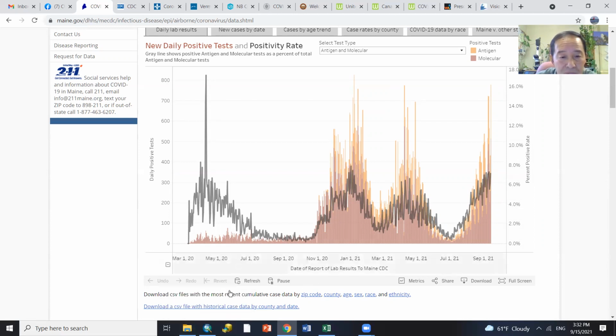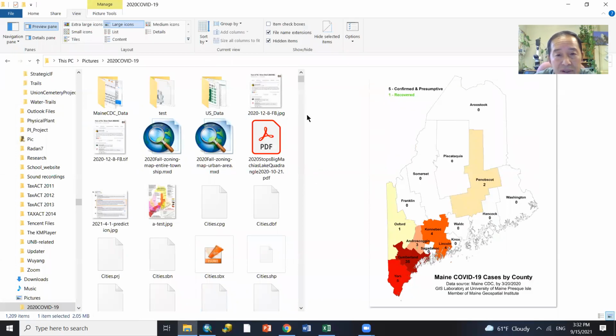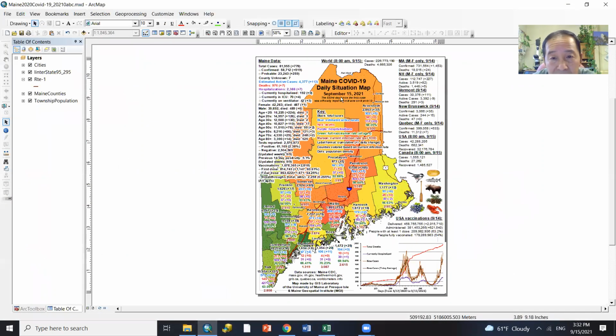So I'll show you the first map. Of course, today, if you look at today's map, it says the 553rd day. That's from the first case reported on March 12th, 2020. And so this is almost the 550th map I have created. So over the last year, more than a year, every day,